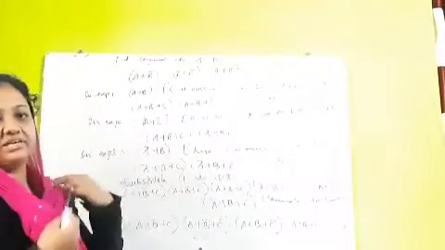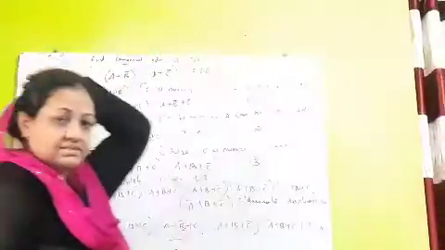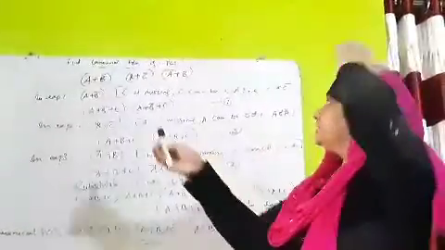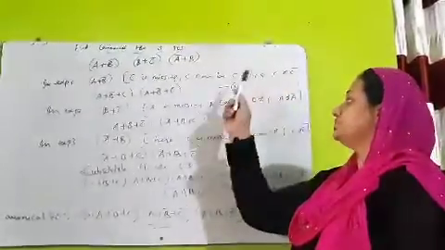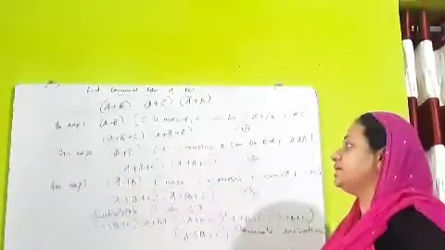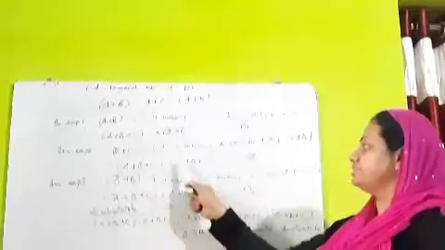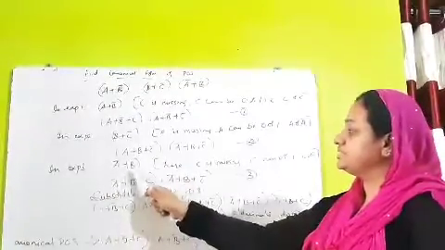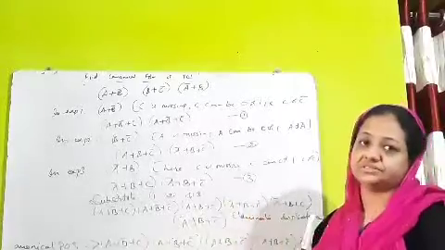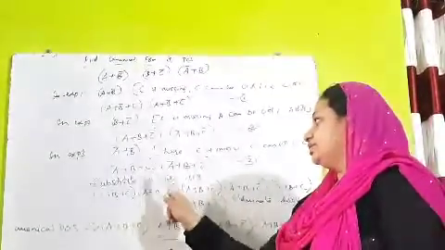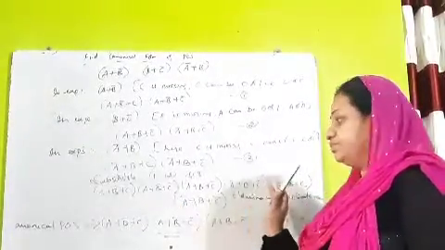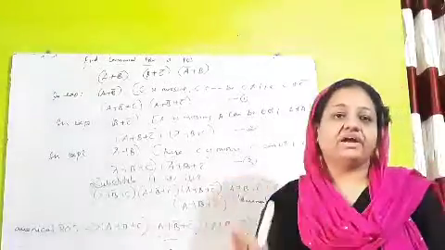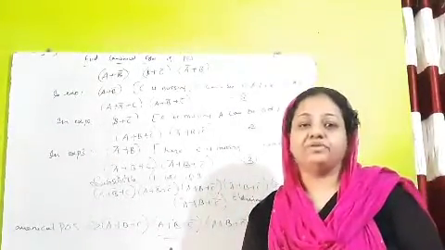So let me repeat. Let us start from the beginning. Here you can see A, B, C. Totally there are 3 variables A, B, C. In expression 1, C is missing, and C can be 0 or 1, that is C or C bar. Then in expression 2, A is missing, we will add A to that. In expression 3, C is missing, again we will add C to it. Then we combine all three, 1, 2, 3, check for any duplicate terms, remove duplicate terms and write the final canonical form of POS.